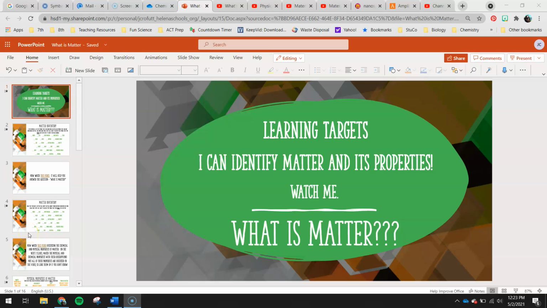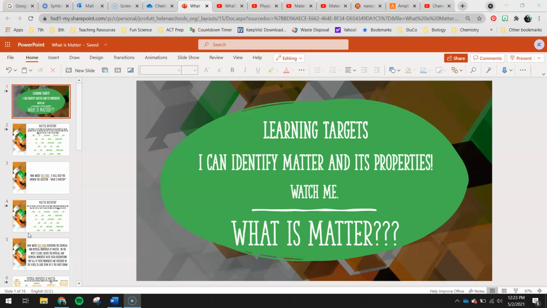Hey, 8th graders, today's assignment is called What is Matter, and it's really going to get us started into thinking about chemical reactions. We're going to learn a little bit about, obviously, what matter is, and then different ways we can organize matter and how we can identify matter based on its properties. So really this is helping us start to talk about chemical and physical properties, which when we start to look